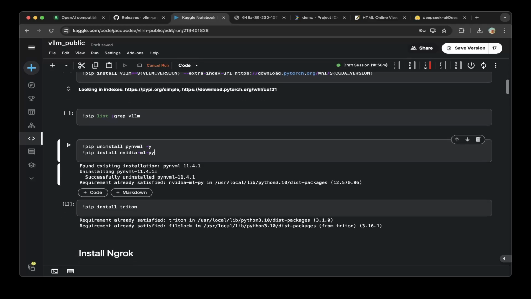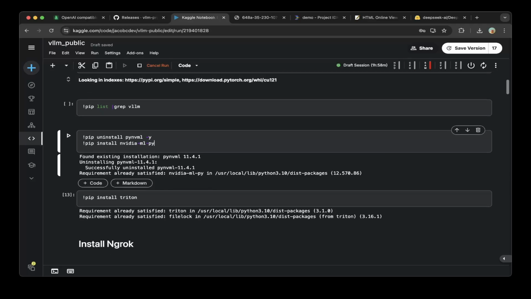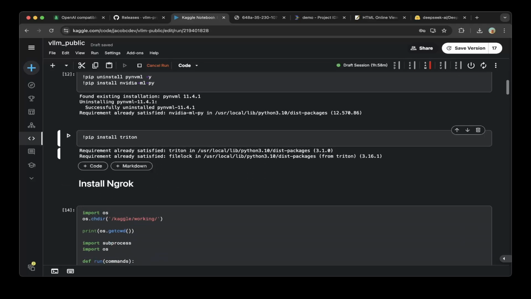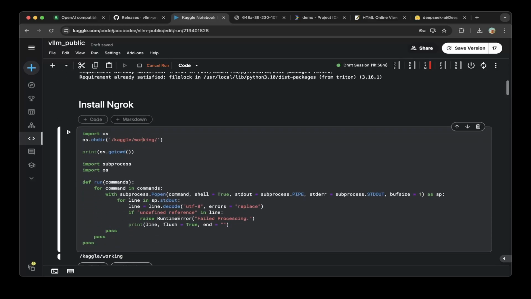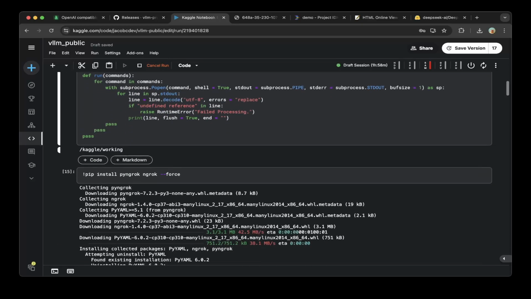You also have to uninstall pynvml and install nvidia-ml-py. So make sure those are set. Then make sure Triton is also installed. So that's it. Then you have to install ngrok to turn everything out to a public URL, as you see